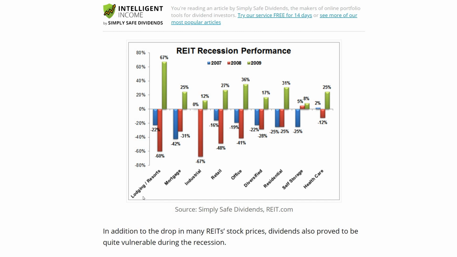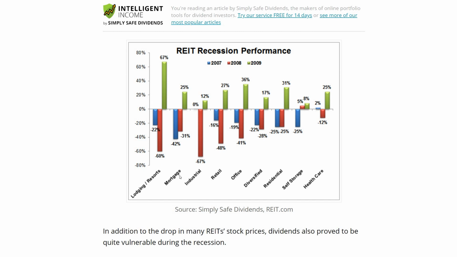So you can see here lodging and resorts. These are, for example, your hotels. These are very cyclical businesses. These are real estate investment trusts that are really consumer facing. It's really dependent on consumer confidence, if consumers are buying and not holding their cash and hiding it under their mattress. And you can see here in 2007, under lodging, it was down 22%, but actually down 60% in 2008. But back in 2009, it just sparked right back up. So really a growth sector within real estate investment trusts.